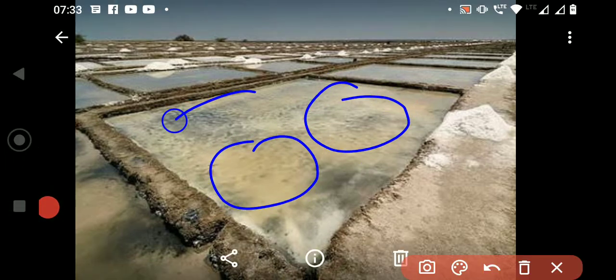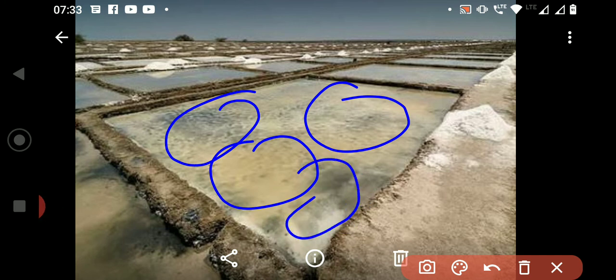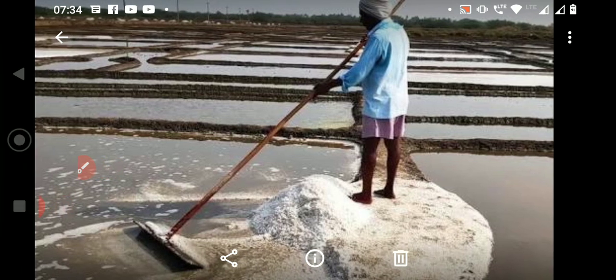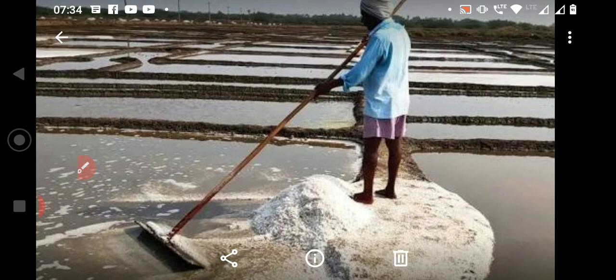All the salt gets deposited on the sea bed, and then they collect it. You can see they take out the salt and collect it, and the heap is collected here. Now it is very clear how the salt is taken out from the water. This salt is the common salt. This man is standing on the salt, children, so it is not purified salt. Then it goes for purification. I hope now it is clear how salt is collected from the seawater.